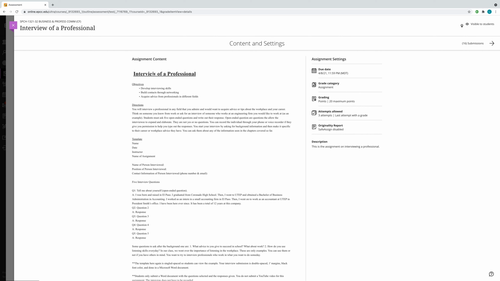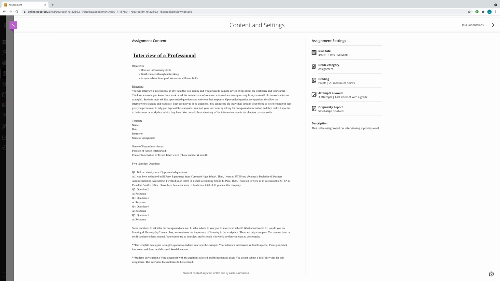And so then here in the instructions, appears the objective. Here's a template to follow. You're just submitting to me here the template, right? Name, your name, date, then the information of the person that was interviewed, and then the 5 questions. You have to type out the question, you type out the response. Now, you do not have to submit a recording because some individuals do not want to be recorded. But I'm going to see the responses to the questions by you submitting this document, so you have to make sure to go ahead and do so. This is one assignment. So this is you interviewing someone else. This is the first one, okay?